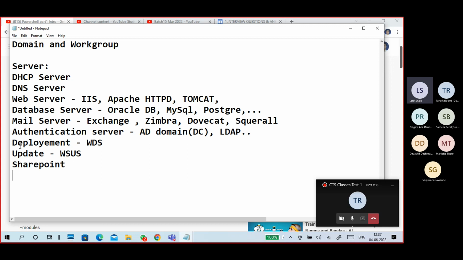So many are there, guys. So many, like System Center Configuration Manager, System Center Virtual Machine Manager. These are all application-based servers. Okay, file servers, SSH servers, remote desktop servers.